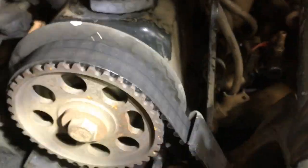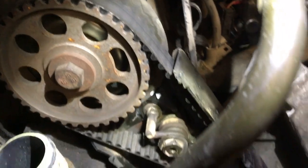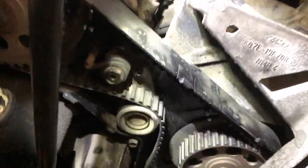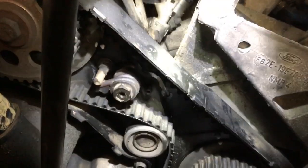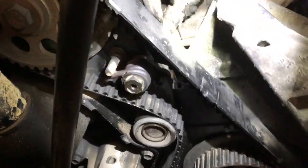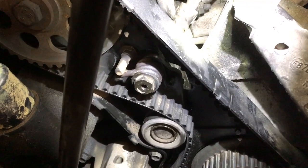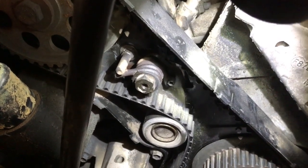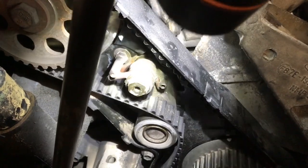So I like to mark things good, and we're getting ready to remove this belt now. I've already taken... they make a special tool for this tensioner here. I'm going to try to get by without borrowing one. I take a pry bar, I loosened up the 13mm headed bolt on the tensioner and the